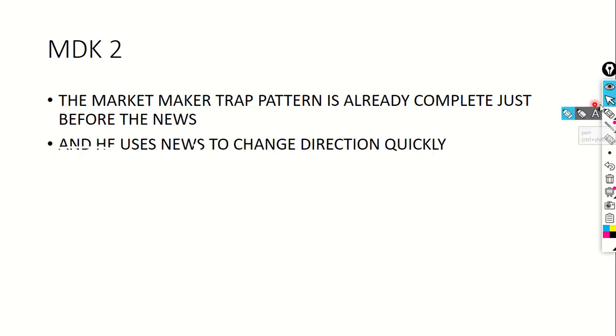Number two might also be similar to number one. You can see it. The market maker would trip the pattern, the market maker trip pattern. Okay, so what we have here is a market maker trip pattern occurring. The pattern will be complete just before the news, and he is waiting for the news, and bam, it is gone, it finishes the full cycle. So you have something like this,